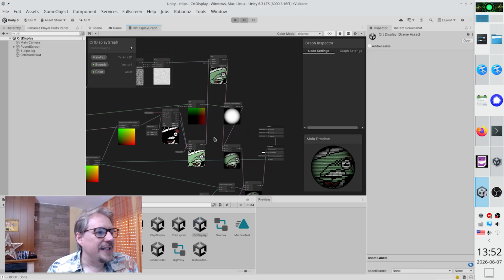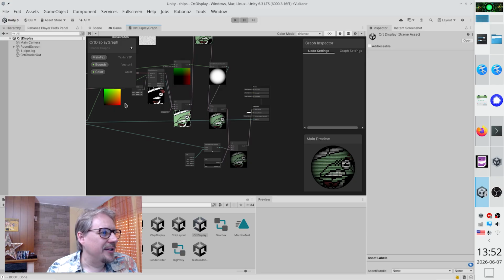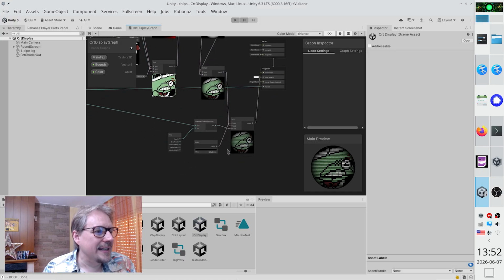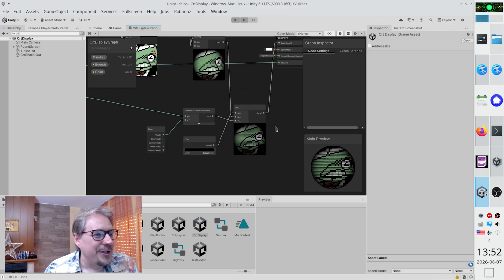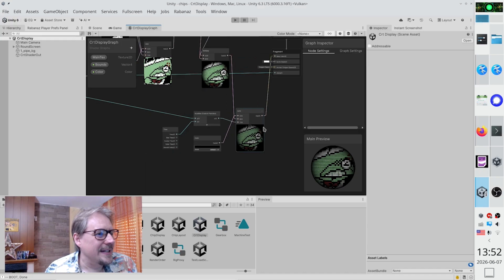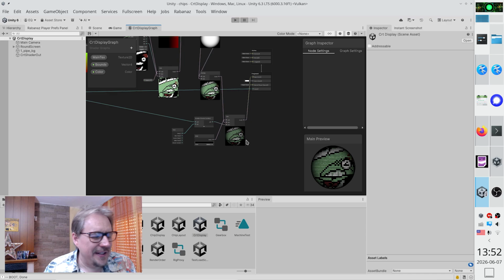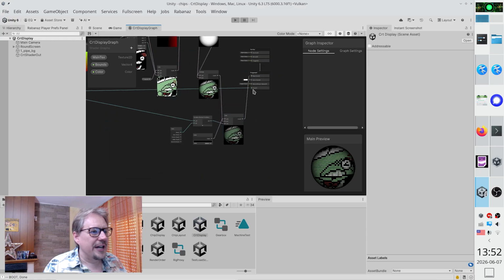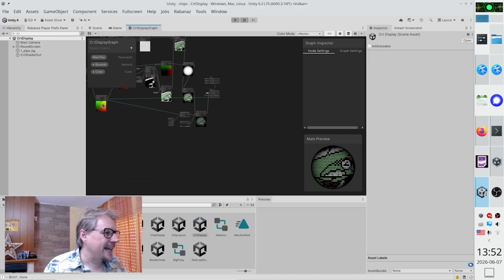And then it feeds it into two things. The UVs are fed into this circle to get the offset, and then it's multiplied by the texture here to produce the shaded thing, and then it's combined. It's doing a lerp here, which is really weird, but it's okay. It's doing a lerp here between the scan lines and the display. And the lerp here, instead of the multiply, ensures that it just gets the right scanline effect. And then it's all pulled together, and the alpha is pulled directly from the scanline,